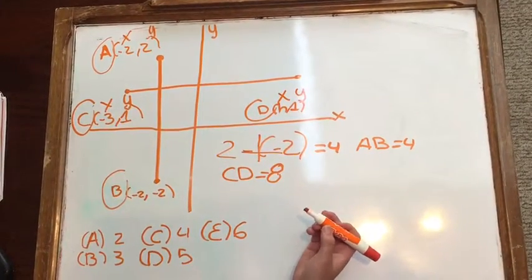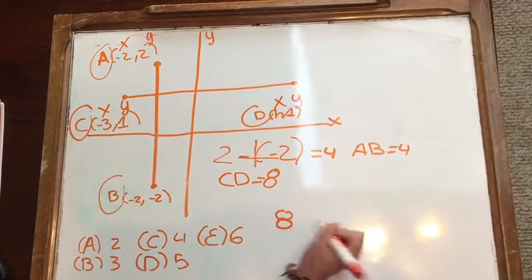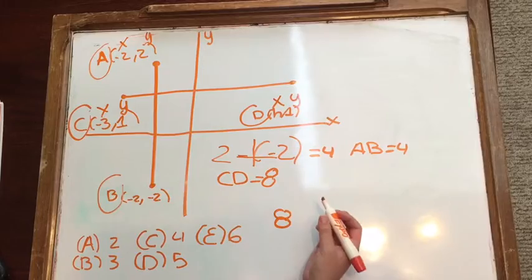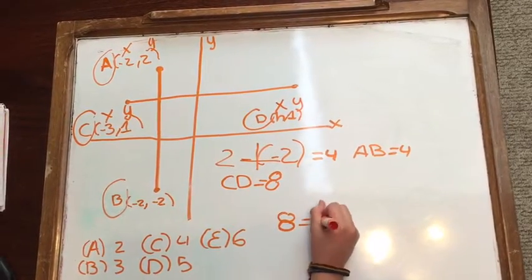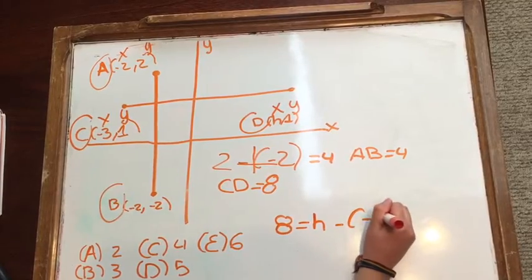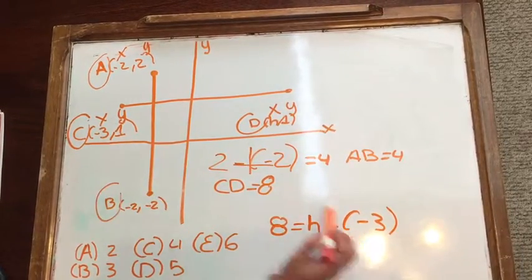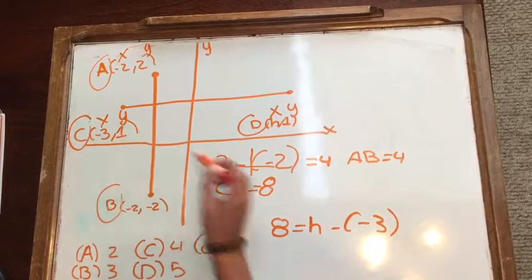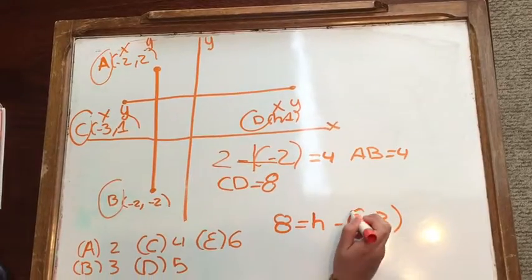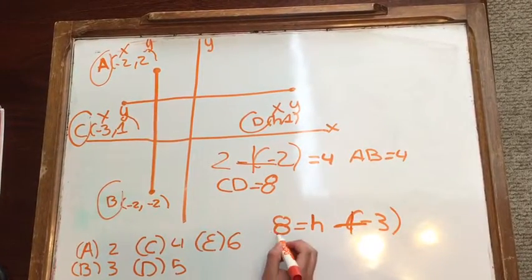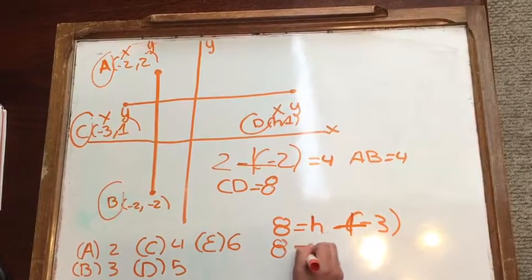So we will have our own equation. We have to start with 8. The 8 is from CD. After we have 8, it's equal H minus -3. And the -3, we have the -3 from the x. So now that we have 8 equals H, we have to add. So we write down the equation. We have 8 equals H